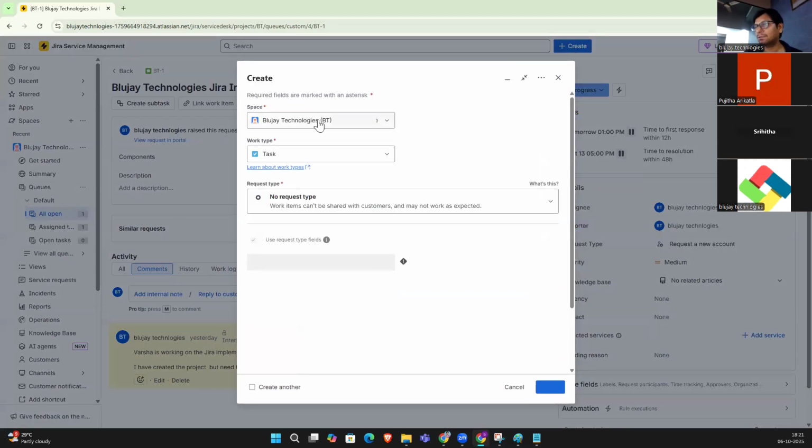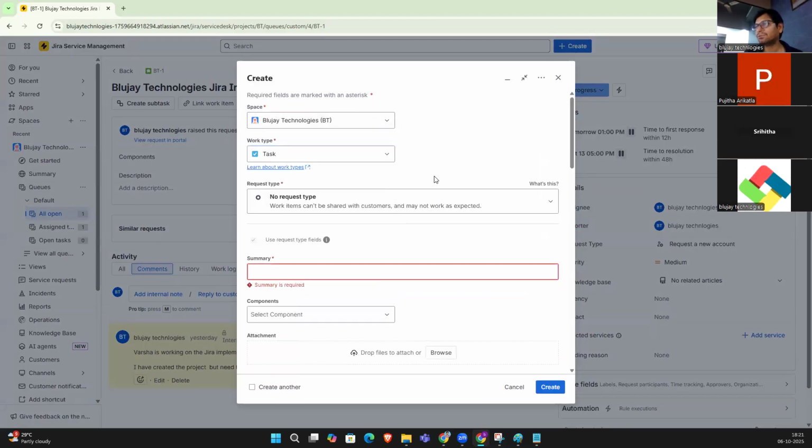Create a task, for example, task only. Okay, what is the summary? Guys, tell me.